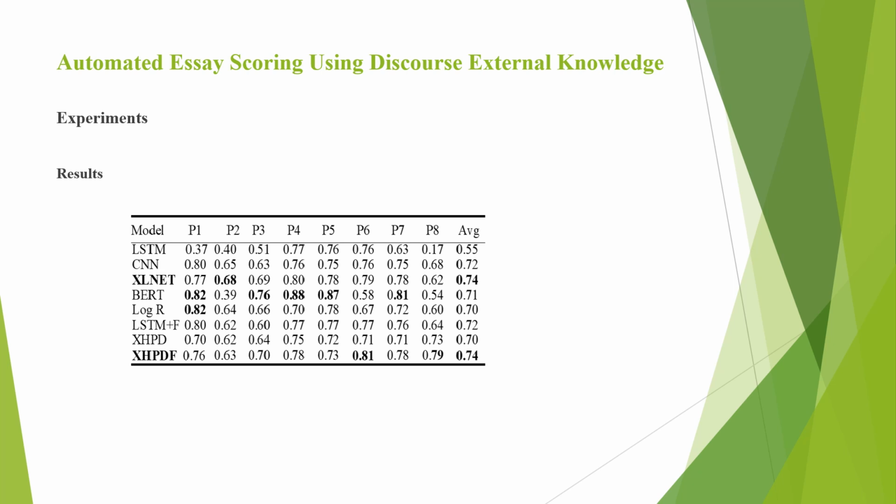We have evaluated our proposed approach using the quadratic weighted kappa metric, which measures the agreement between the calculated score and the expert ones. As you can see in the displayed results, our proposed model has reached the highest average score of 0.74, and also the highest score for prompt 8 with a score of 0.79, and for prompt 6 with a score of